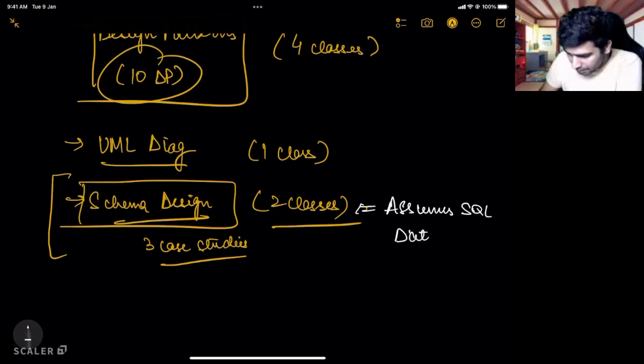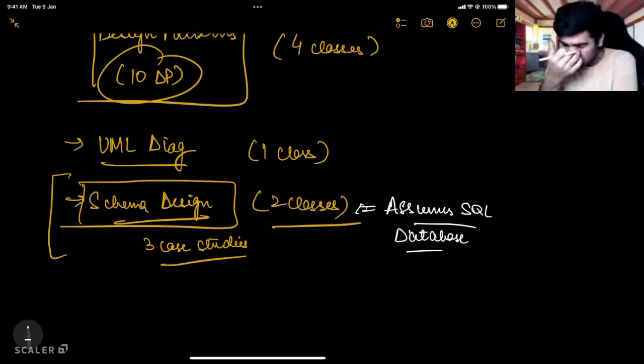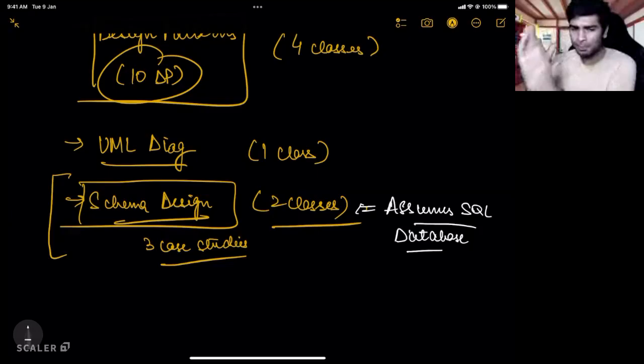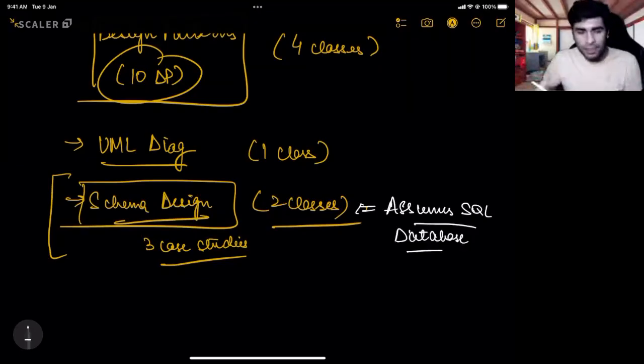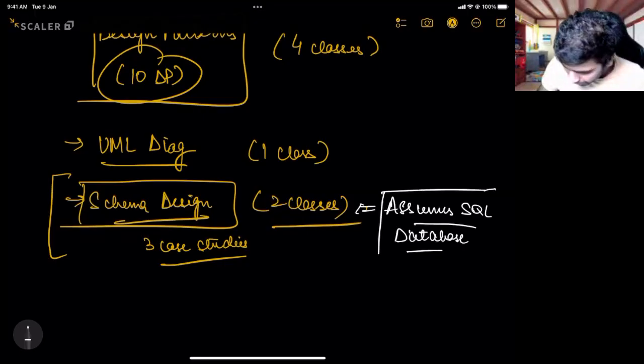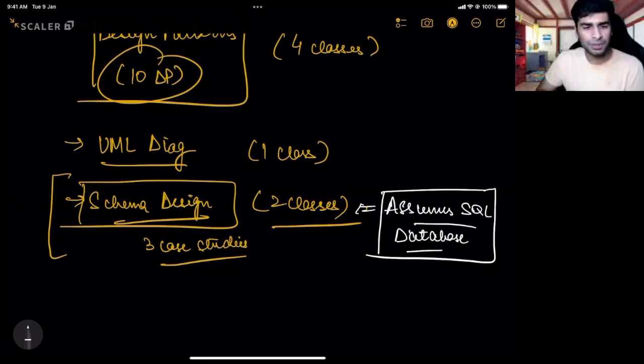Because why this question even gets asked is the agenda of the interviewer is to see how well can you structure your thought, how well can you decide that, oh, this is the pattern and this is how I will try to divide my tables into a few sub tables, or probably denormalize the tables, etc., etc. Okay, so that is why with the schema design we are going to assume it's an SQL database. And that is what the assumption is with LLD interviews as well as machine coding interviews as well. Okay.